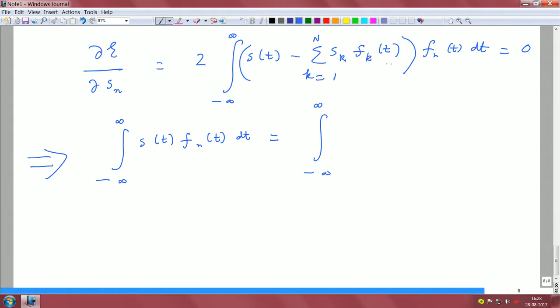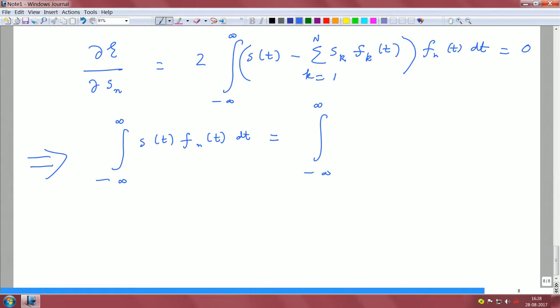Now you take F_k with F_n; if they are orthogonal to each other, then for k not equal to n they vanish, and for k equal to n they exist,